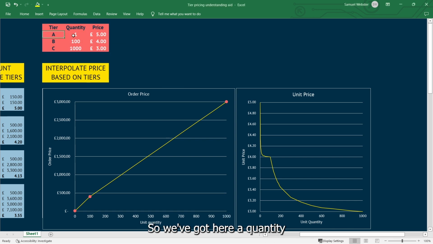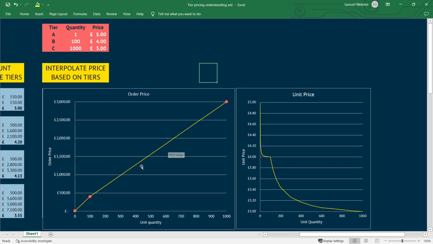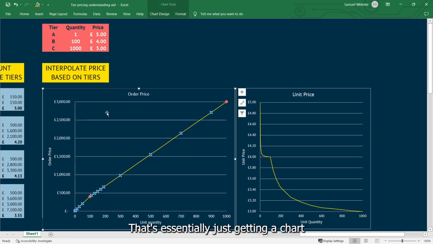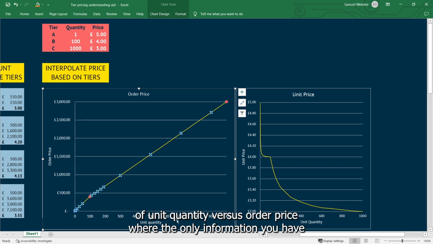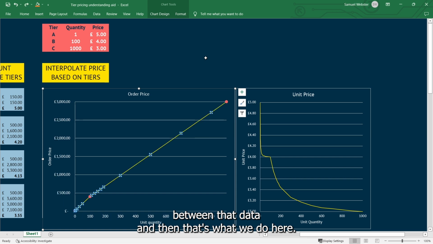So we've got tier A, quantity 1, £5, tier B, quantity 100, £4, tier C, quantity 1,000, £3. So that's 3 data points, and those 3 data points have been plotted on this graph. Now that's not a lot of information. That's essentially just getting a chart of unit quantity versus order price, where the only information you have is those 3 points. So what we need to do is to interpolate between that data, and then that's what we do